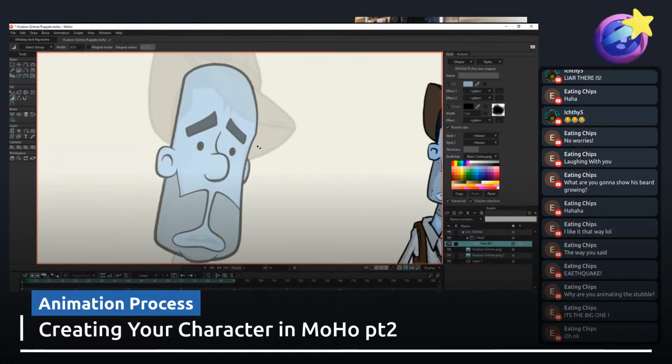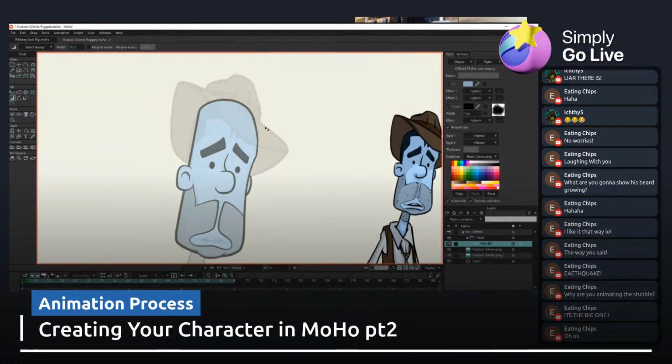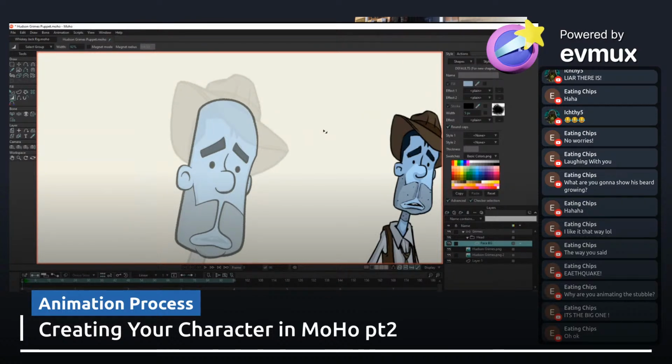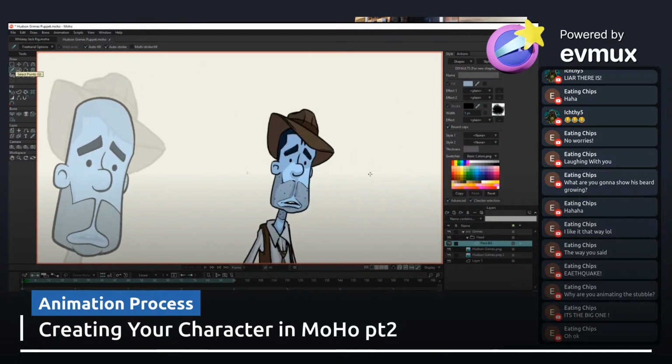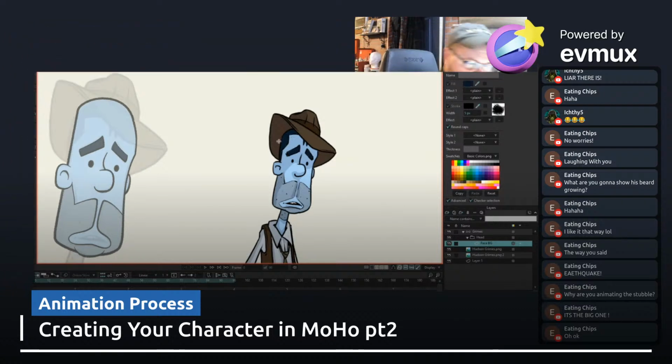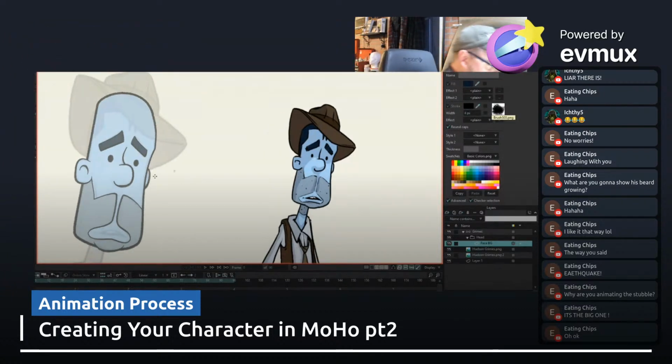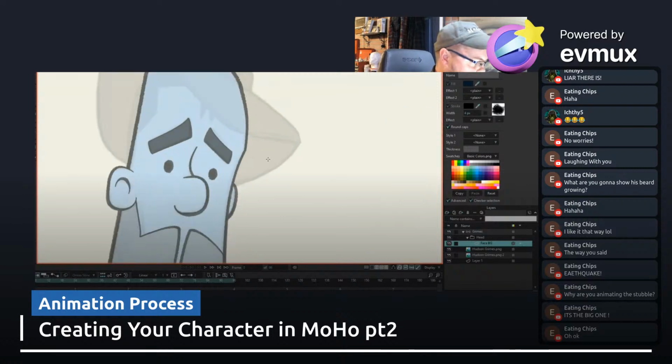All right, so now let's go ahead and get the hair knocked out. All right, so what we've got here, let's go ahead and go to our freehand drawing tool, which is F. Let's come over here. I'm going to choose my color, and I'm going to bring point size down to 4. And let's zoom in here.